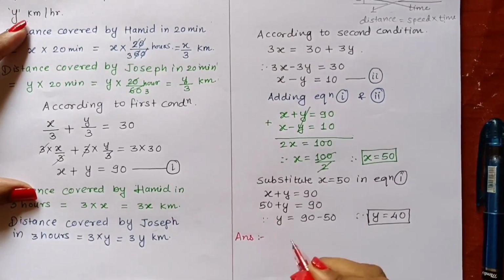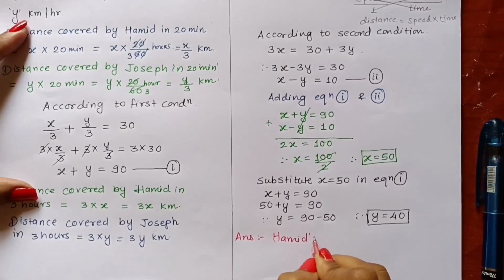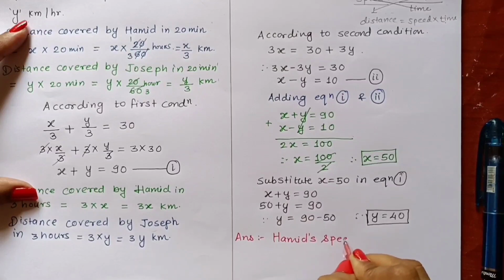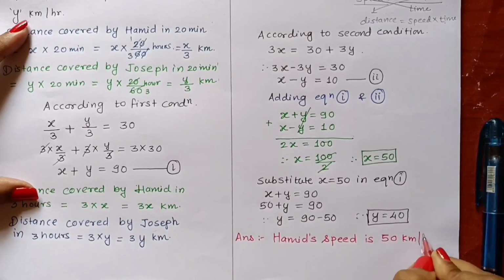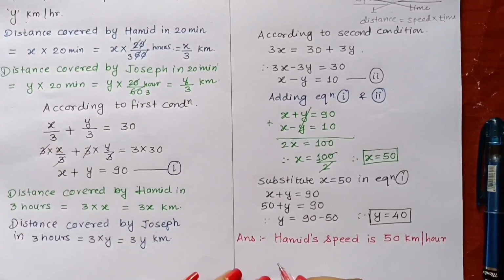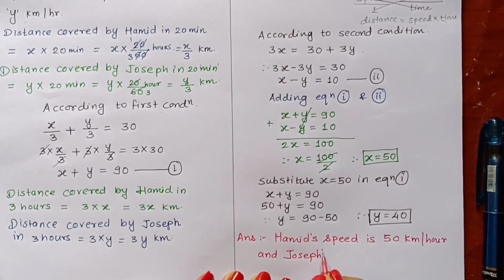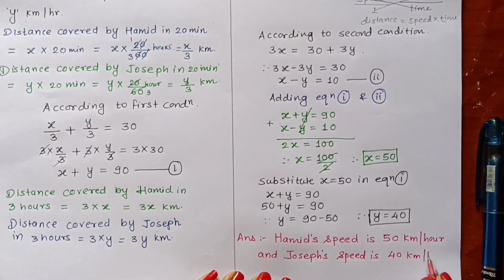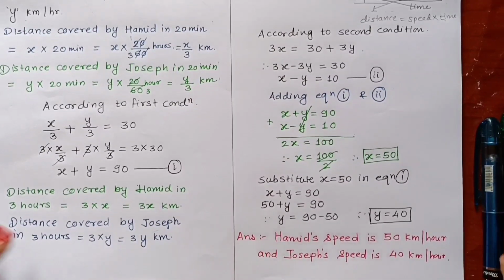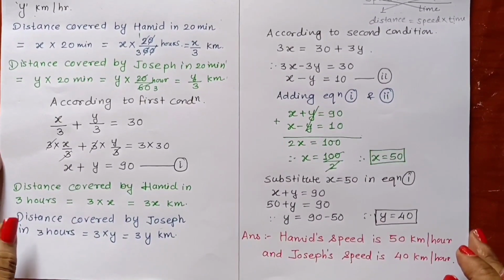Answer: Hamid's speed is 50 km per hour and Joseph's speed is 40 km per hour. In this way, all the sums from question number 7 are also over